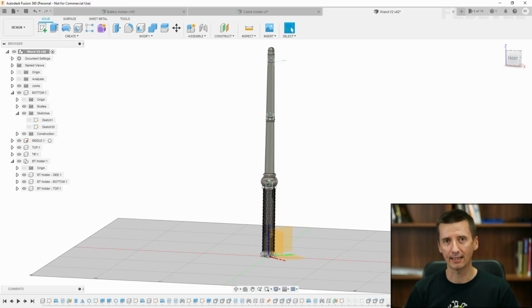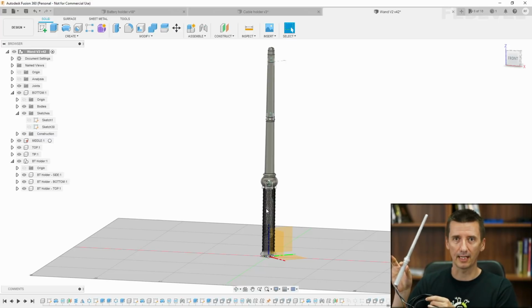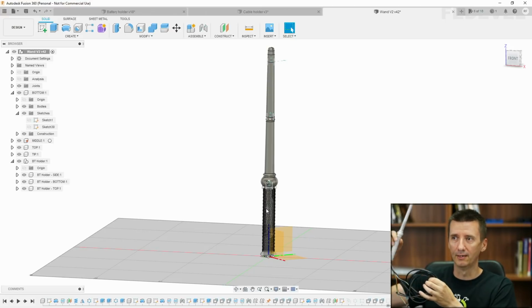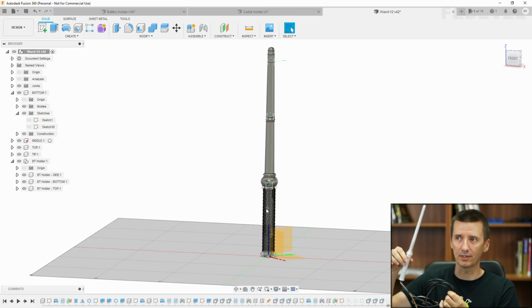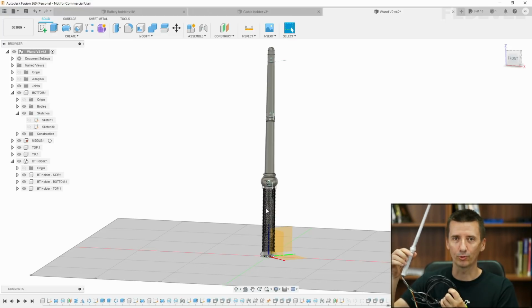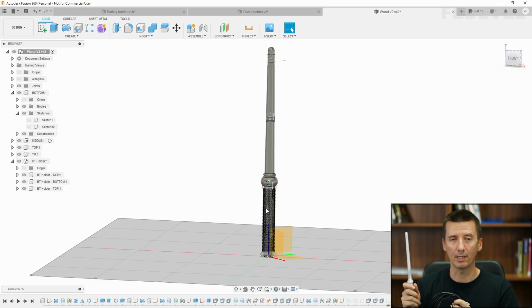But I could create another video where we could learn how to use Fusion 360, how to create an enclosure for our board, so how to create this wand. We could then see how to 3D print this wand and maybe how to debug the wand. You can see I have cables going out of this, so I can do some debugging and, for example, read the accelerometer values and all kinds of things.